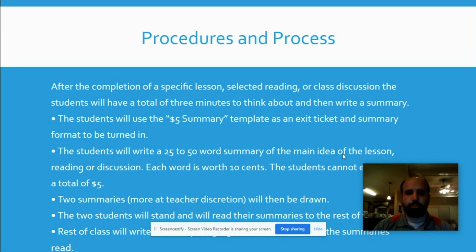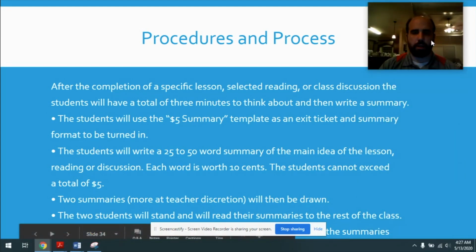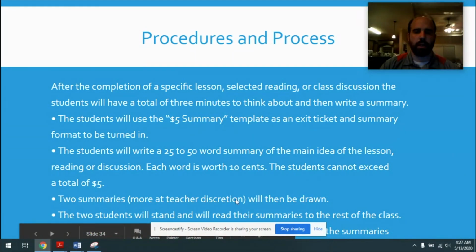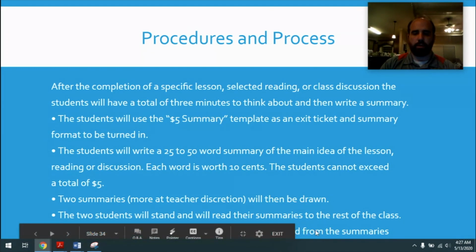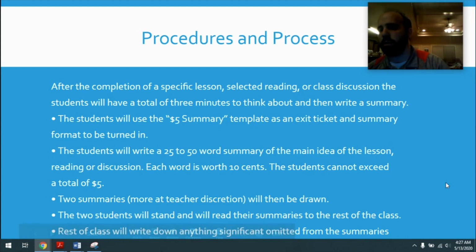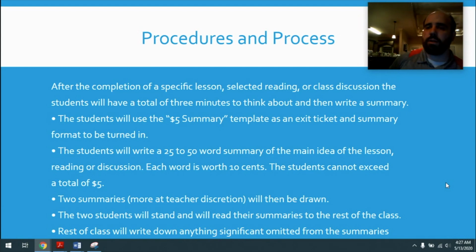So, just procedures and process. Again, it's at the end of the lesson. Give them the exit ticket, the $5 summary, and they're going to fill that out. It shouldn't take them more than about 3 minutes to do. You put your timer on, and they should have time to summarize what you're doing. And if it's not right there at the end of the bell and you have little time left with that,